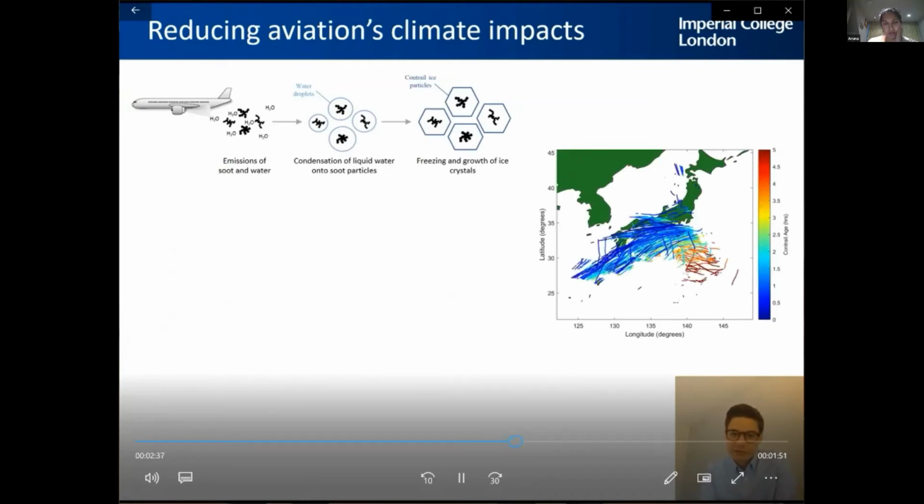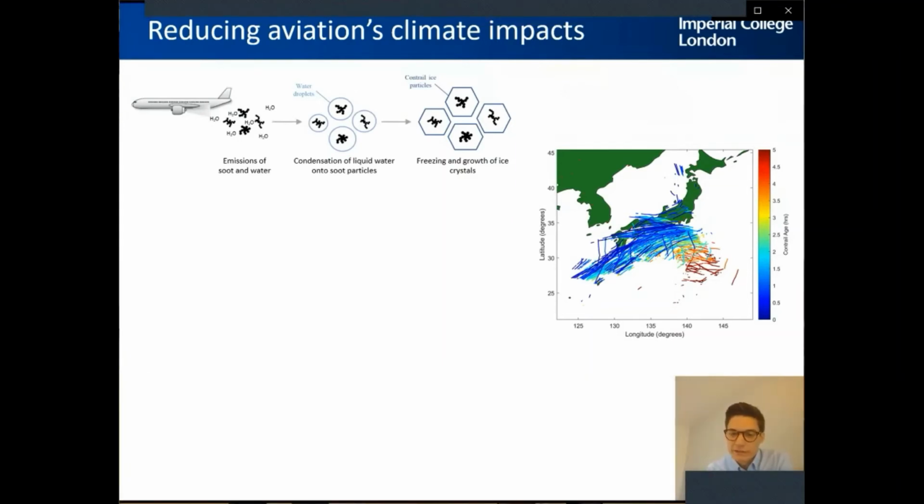What we've been able to do is simulate the emissions from all flights taking place over Japan, and we can do this for other airspaces, and therefore simulate the contrail that was produced from a particular flight and then its effect on climate change. So contrails have a warming effect because they trap outgoing long-wave radiation, but they can also have a cooling effect because they can reflect sunlight back out to space. And it's the balance of those warming and cooling effects that determines whether a contrail has an overall net warming or net cooling. The lifetime of the contrail is also really important to understand